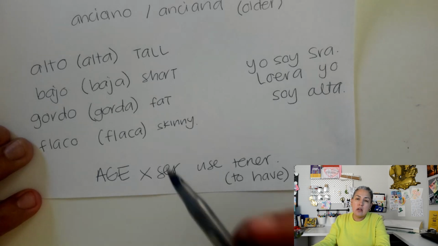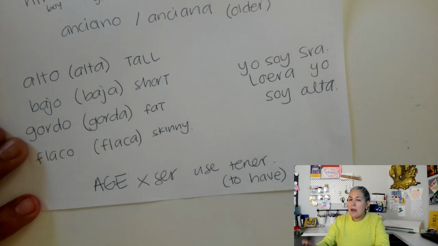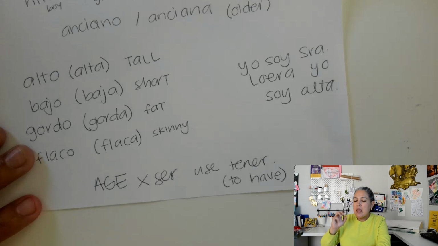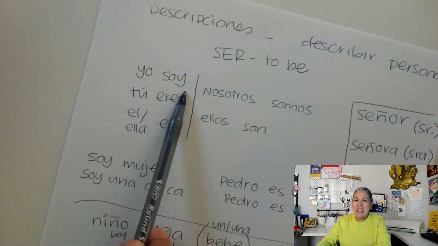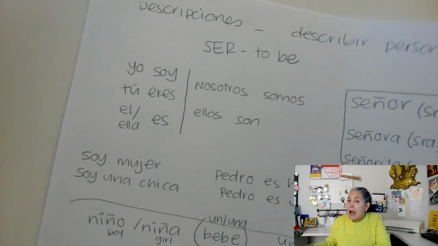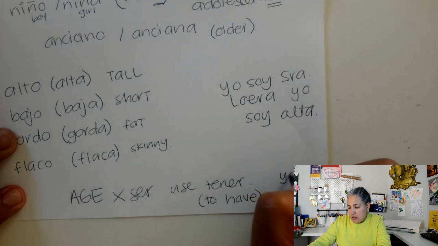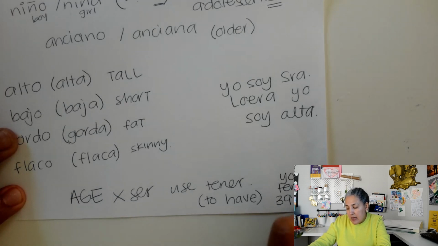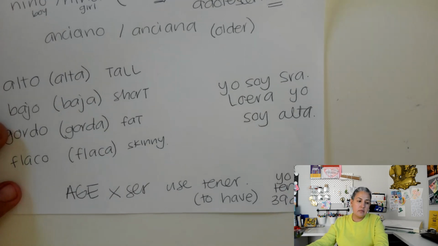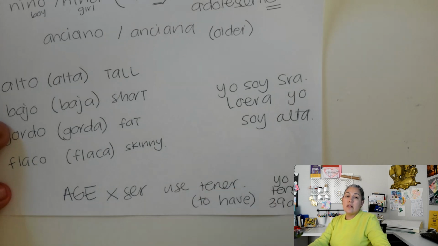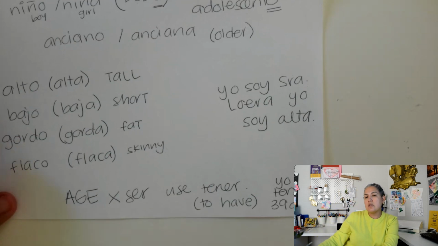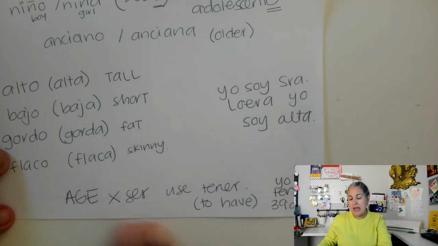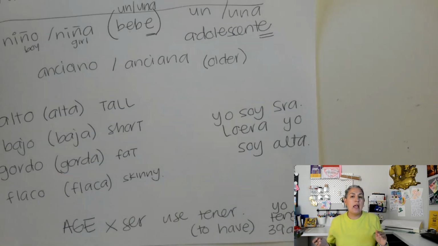I've explained the verb to have in another video, but we can talk about telling my age really quick. It's not yo soy, I am, but yo tengo, I have. Yo tengo 39 años. You can go back to our video with the numbers and you can practice your age. This video is not intended to go deep on the age, but I just wanted to make a difference between the description of the verb to be and the verb to have that we use for age.